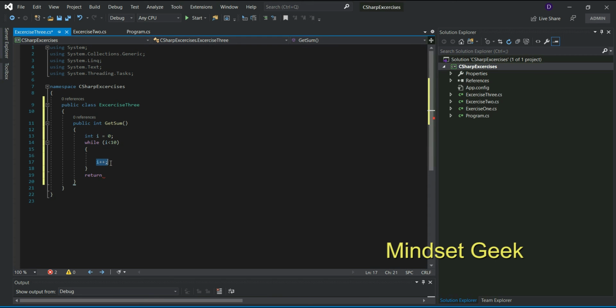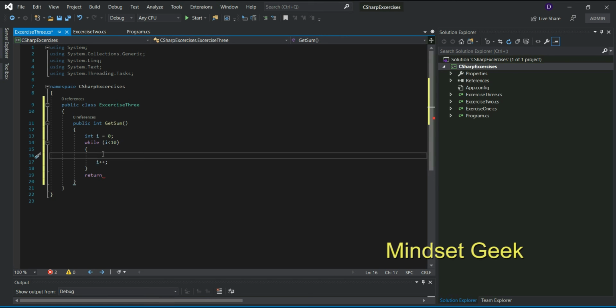The second time, i plus plus, i will be 1. Until i value is 9, your program will run.